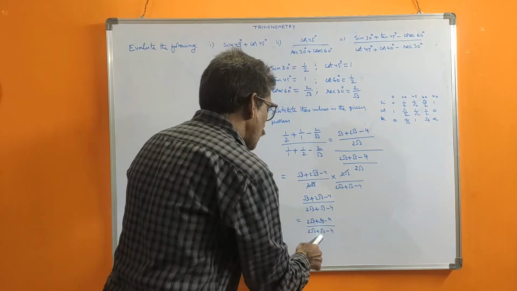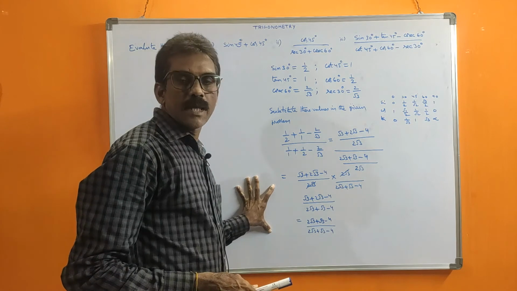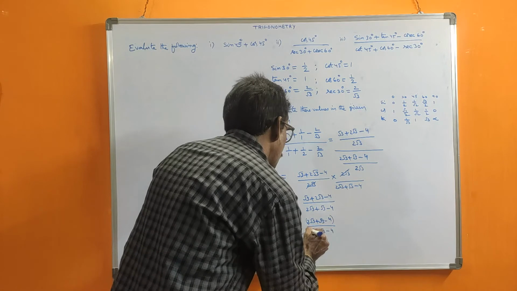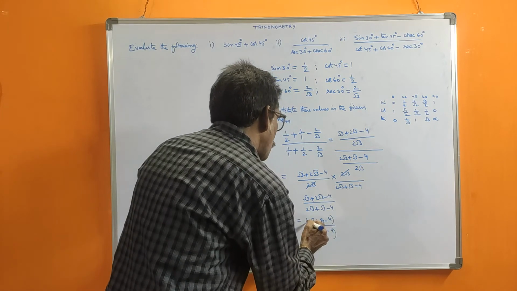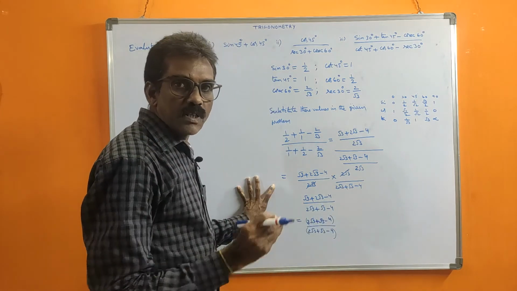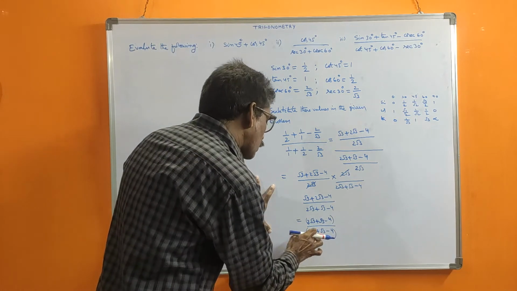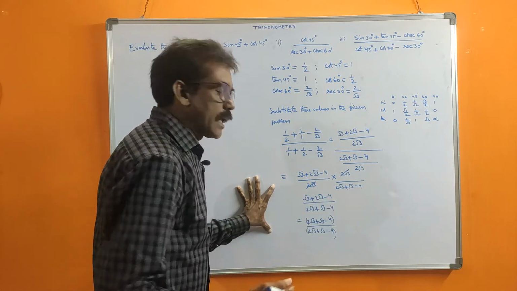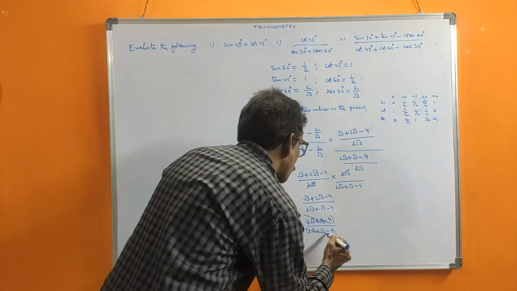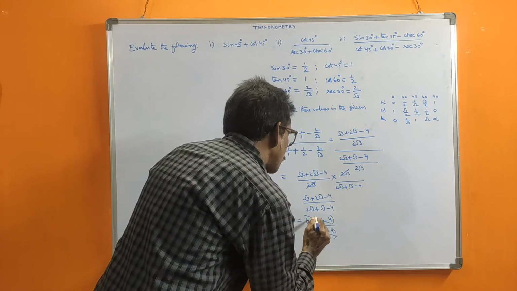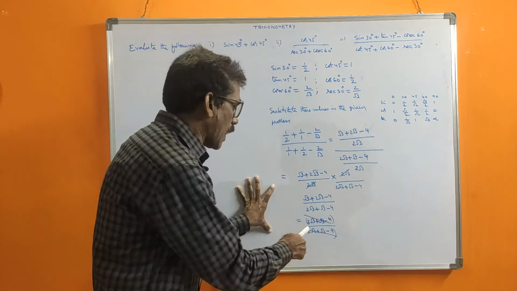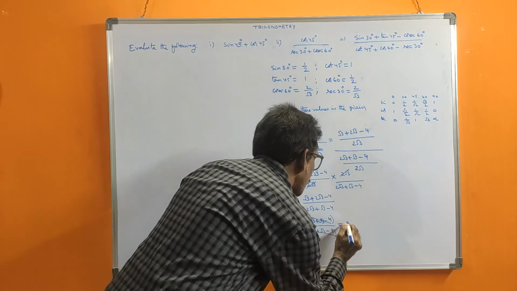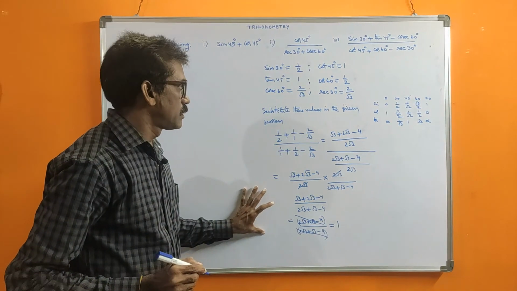Now 4 cancel, root 3 cancel, 2 root 3. Like that you should not think. You should not cut like this. But as a whole, totally this number is 2 root 3 plus root 3 minus 4. Suppose that value is a. Down also 2 root 3 plus root 3 minus 4 is a, so that also cancels. That means you should cut like this, crossly, total cancel. Not individual numbers. Totally the numerator and denominator are equal. That's why you can cut. Now the answer is 1.